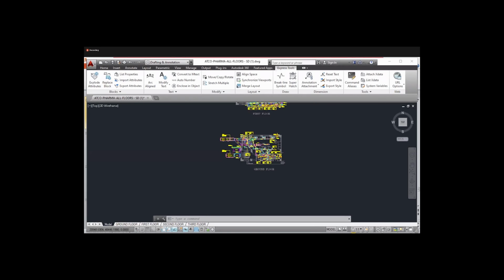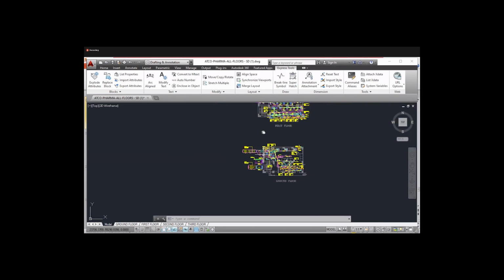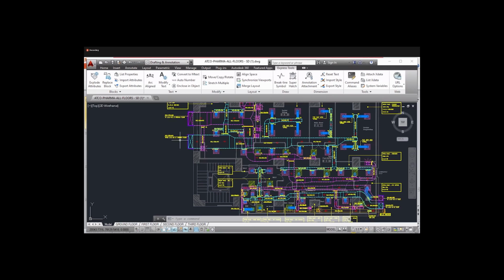So we will see for the first floor. The AHU for the first floor is installed on the ground floor. This is AHU 2, and its connection runs through the riser, and then it is supplying to the first floor. So this is a supply duct. We will see how to calculate.